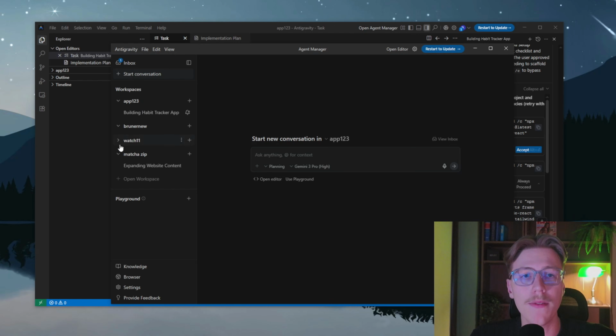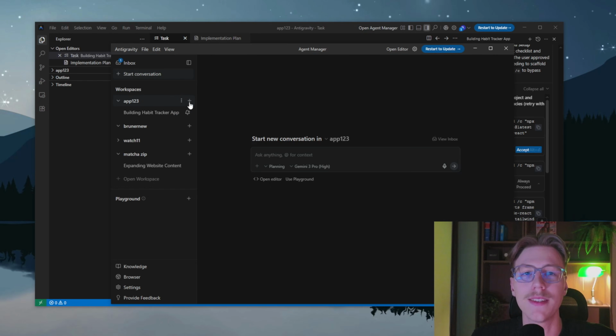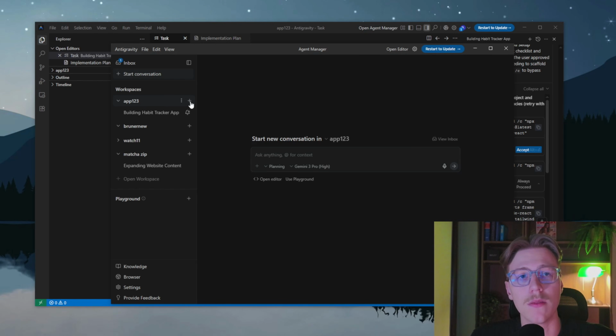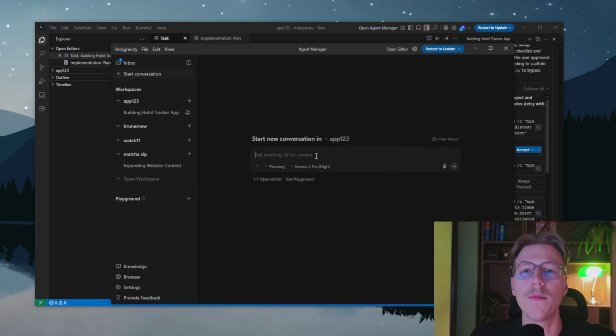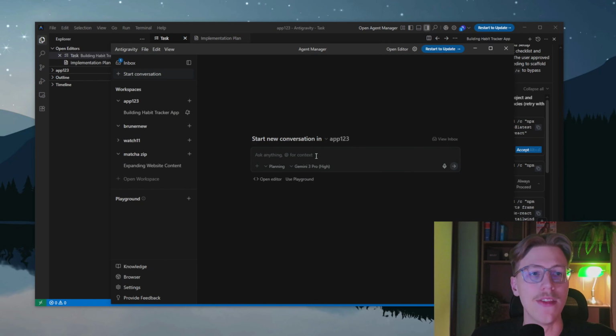As you can see, we have different kind of websites. For example, app we've been working on, and this one is the app 1 to 3. It's building the habit tracker app. So how does AntiGravity stand out from other tools? You can select 5 working agents, for example, at the same time. So all you need to do is click this plus button, and it's a new conversation in the same project. So you can set up 3 working agents on the same project at the same time, and they're creating insane